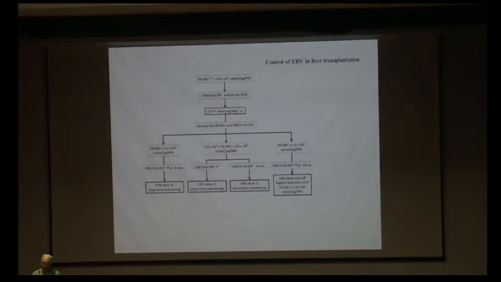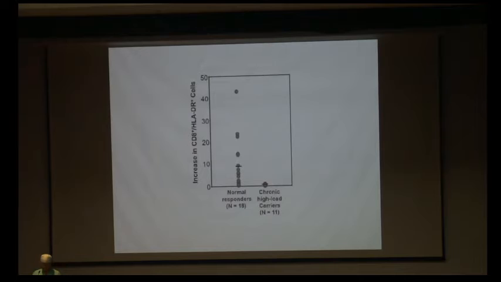And if it was between log 2 and log 4, then the decision making was based on CD8 plus HLA-DR plus cells, and the CNI dose was reduced if the CD8 plus HLA-DR plus cells were less. And with this strategy, there were 140 odd patients, and none of them had